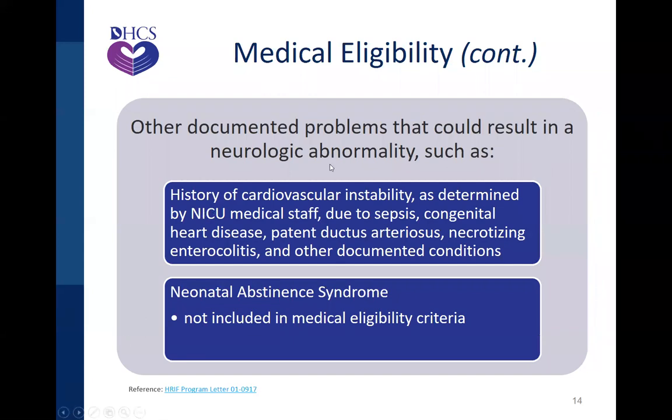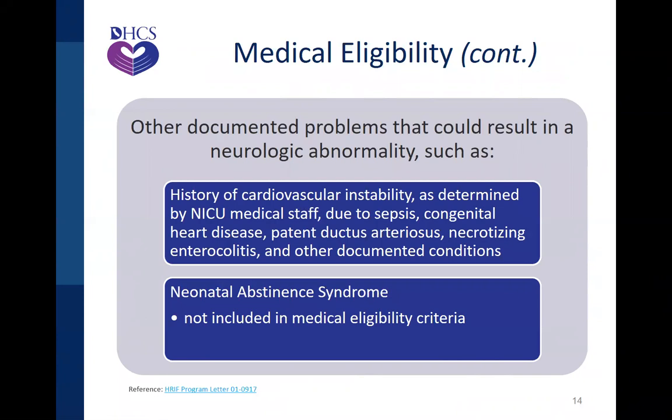So, other documented problems that could result in neurologic abnormalities. These conditions are listed in the program letter, and so a baby may have a history of cardiovascular instability as determined by NICU medical staff due to sepsis, congenital heart disease, PDA, NEC, and other documented conditions. So I placed that in there because there was a question, of course, which pertains to what I said in the previous slide